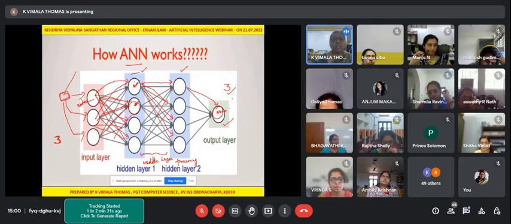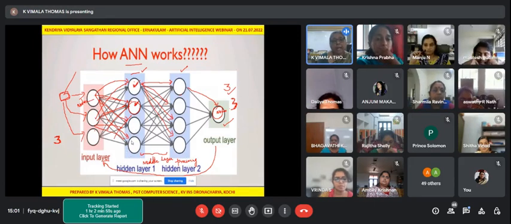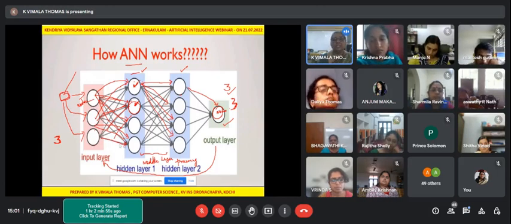But suppose it is not sensing 3, it is sensing 2, something is lost here to make it 3. Something is lost. So in that case, what will you do? Actually, back propagation. We will go to back propagation again, and then you will again adjust the weights. That means the processing needs to be changed a little bit.